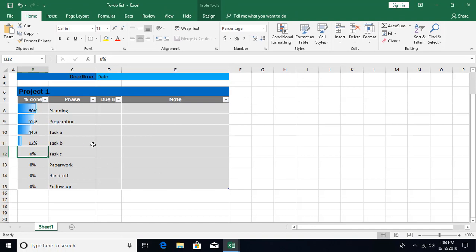So this is how we can apply conditional formatting. A lot of other complex things are there, I cannot go into detail, but if you have any other